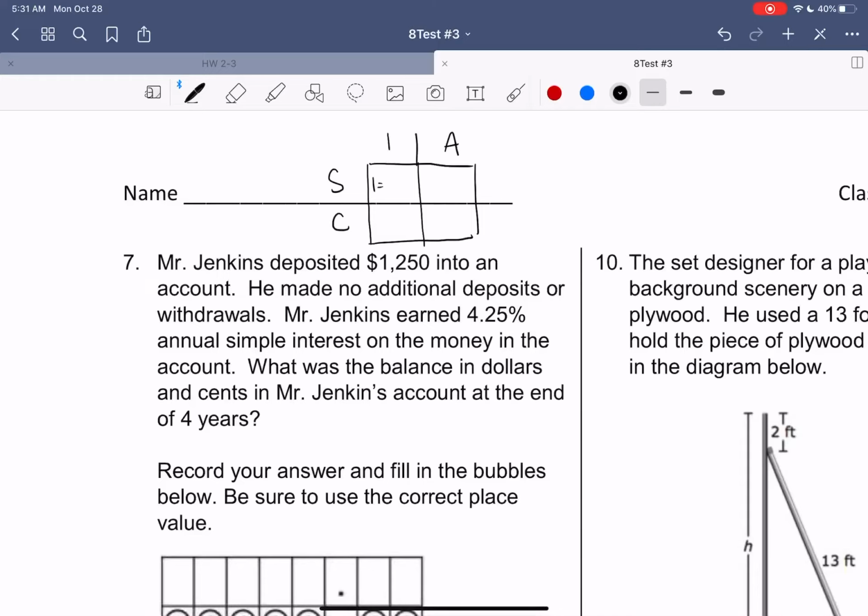So I equals PRT and A equals interest plus principal. Compound: A equals P times 1 plus R to the T, and I equals amount minus principal. So this is asking us for annual simple interest